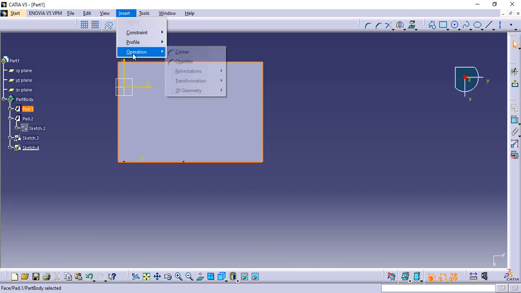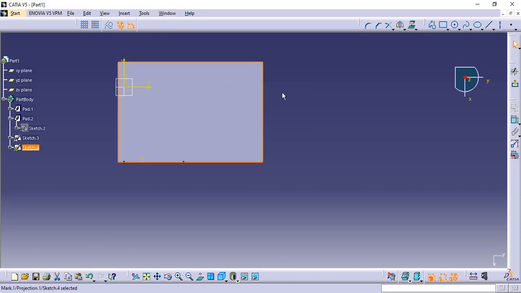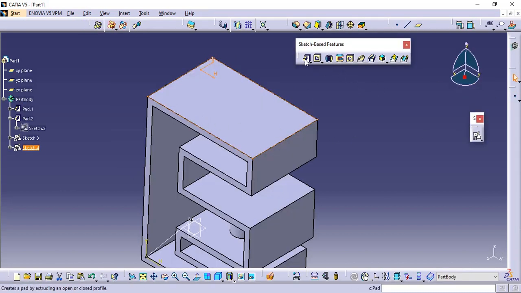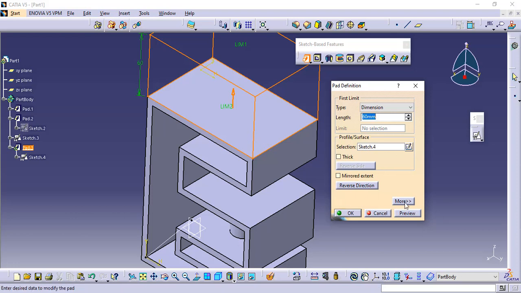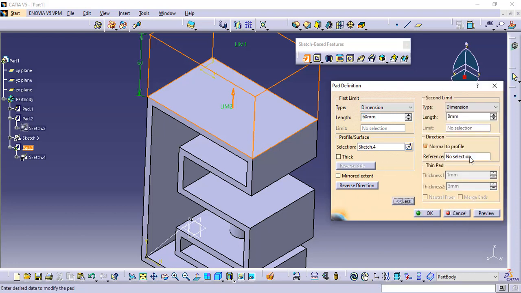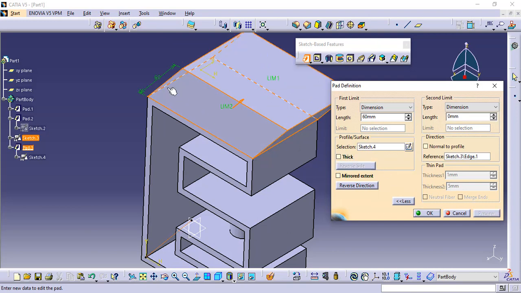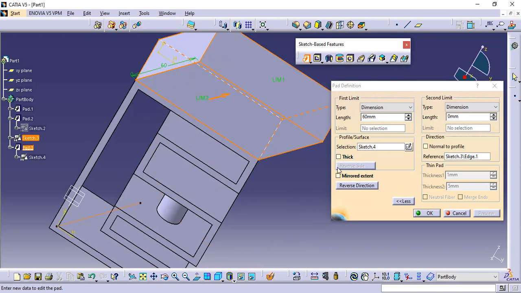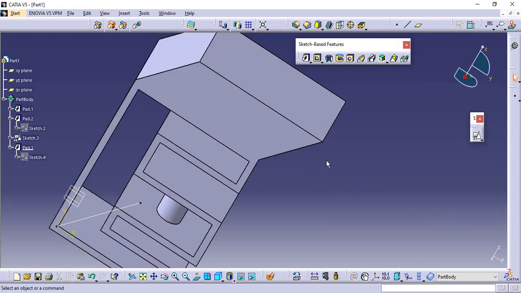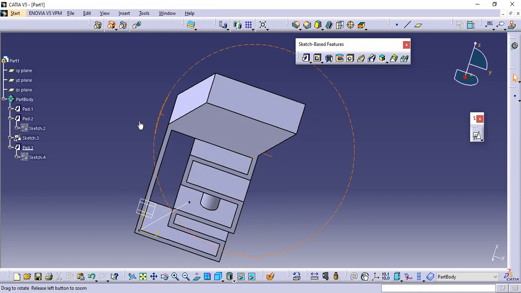You can go insert, operation, 3D geometry, project 3D. Now I have projected this in the 2D space. Exit. Now I will use the pad command on this, and I will select this line here. And material is guided in a particular direction, or I can say 50 degrees from the horizontal base. I hope all the commands under the pad section are clear to you.